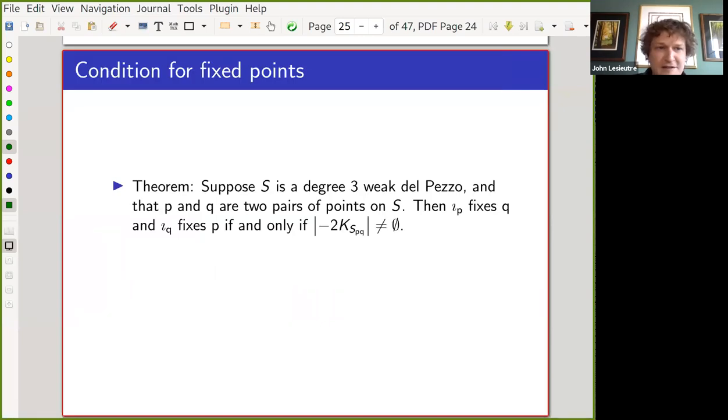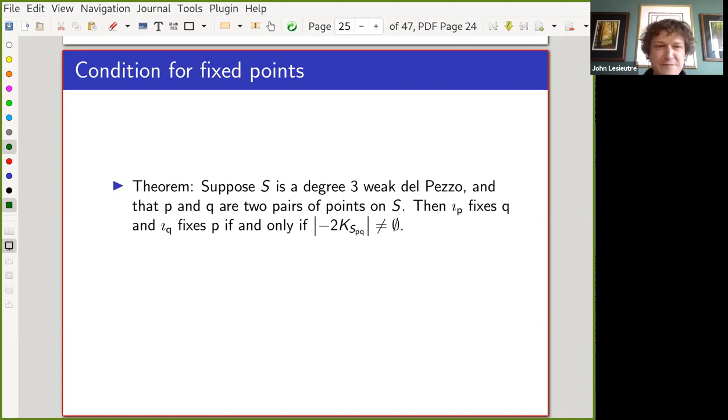So let me rephrase this in slightly more intimidating language. Imagine I have a degree 3 weak del Pezzo surface. That's just a cubic, or maybe a resolution of a mildly singular cubic. And imagine I have 2 pairs of points P and Q on my surface. So the theorem is that the Bertini involution at the P points fixes the Q points, and the Bertini involution